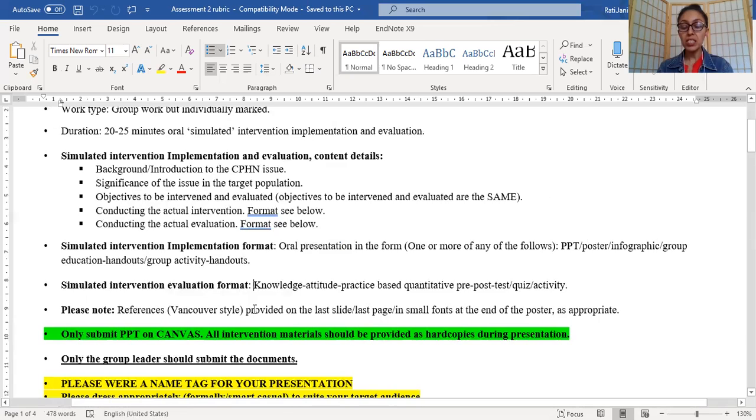Then, the simulated intervention evaluation format. So what do I mean by this? All of you, irrespective of your topics, have one thing in common, which is that you are doing an impact evaluation. What is impact evaluation? That is covered in the evaluation lecture. Basically, impact evaluation is the immediate or very short-term evaluation, meaning you are doing a questionnaire before the intervention and the same questionnaire after the intervention to see whether the participants' knowledge has improved,